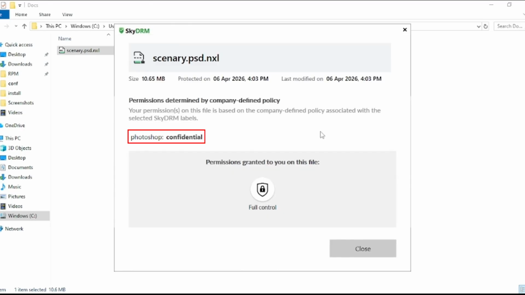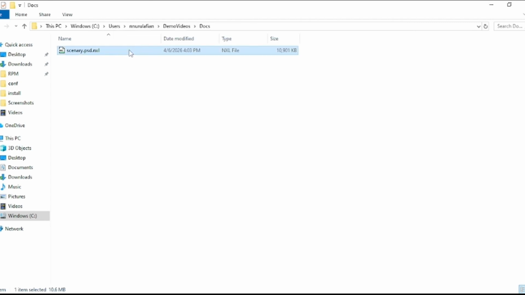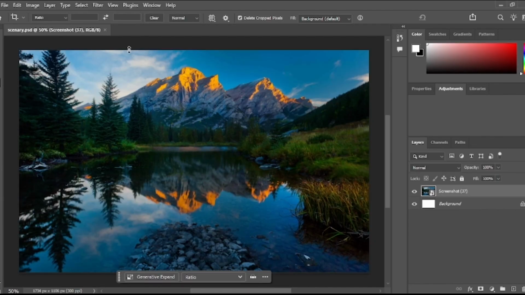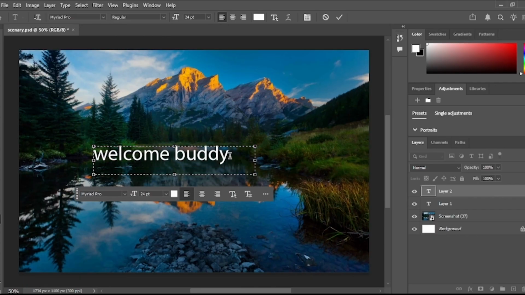As you can see, the file classification is confidential, and John Tyler has full control permissions. I will attempt to open the file in Adobe Photoshop. As you can see, the file opens without a watermark. I will attempt to edit the file by adding new text, and then press Ctrl+S on the keyboard to save